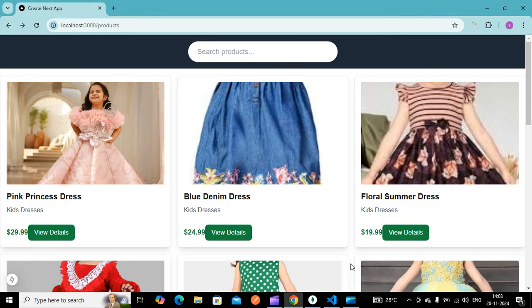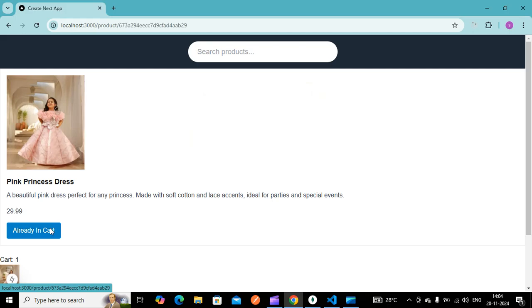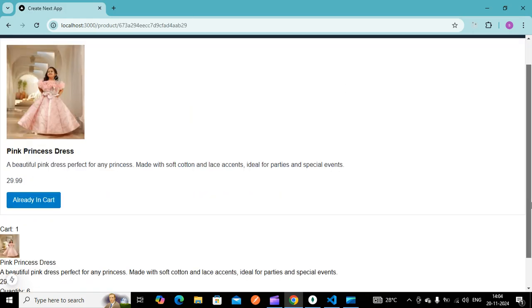In this tutorial, we're going to see how to filter a particular product using this search bar. Here I have taken a list of products which we had seen in the previous tutorial, and also we had seen that if I click this View Details, it goes to the view details page.